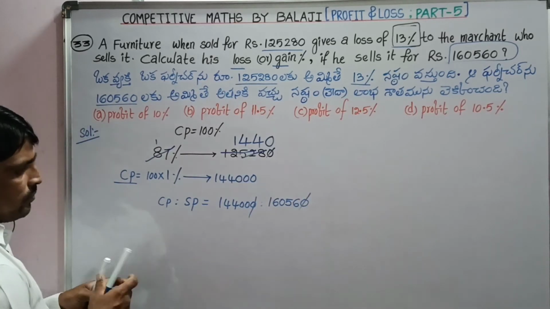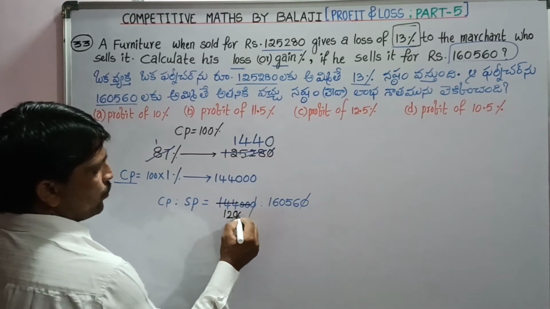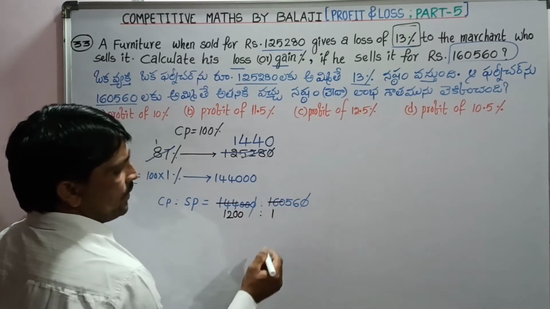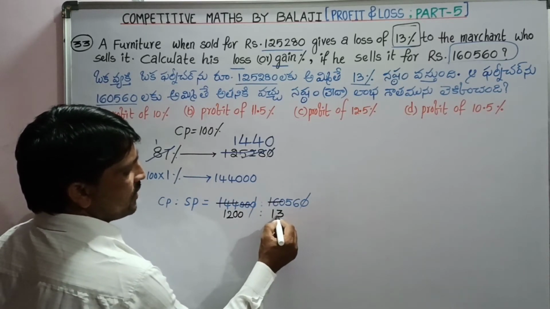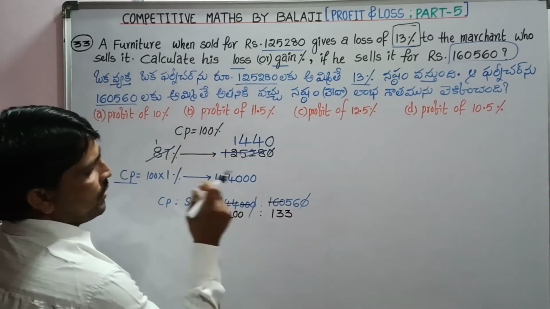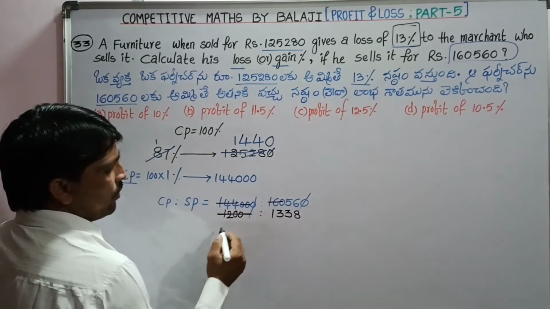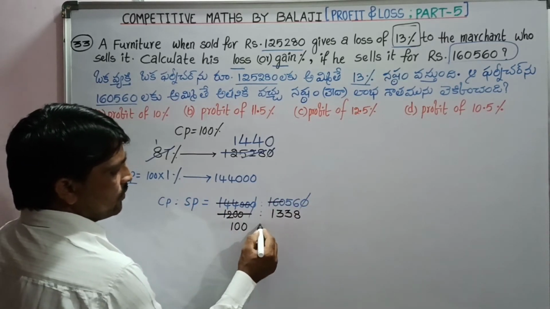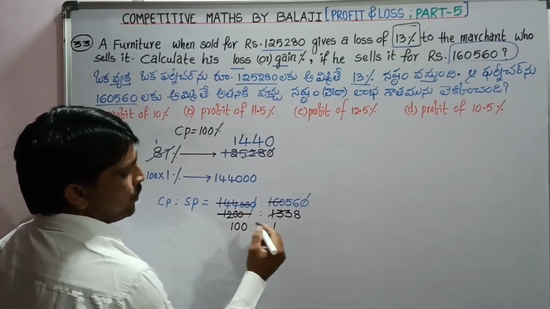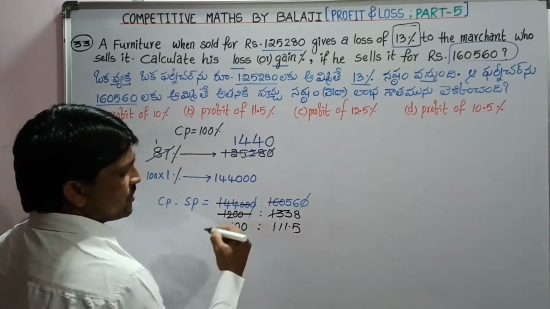Let us see. Cutting the zeros, in the 12 table, 12 twelves are 144, 2 zeros. 12 ones are 12, and 4 remainder 0. 12 threes are 36, again 12 threes are 36, 45, 36, 96; 12 eights are 96. Again in the 12 table, 12 hundreds are 1200, 12 ones are 12, 1 remainder, 3 drop 3, 12 ones are 12, again 12 ones are 12, 6 is 12 fives are 60.